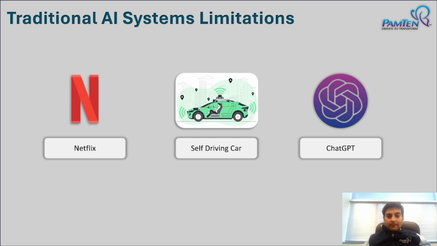So, we have Netflix. All of us watch a lot of movies and TV shows on Netflix. Now, let's say if you were with your friends, you wanted to watch maybe a sports documentary. Similarly, if you were with your wife or husband, you wanted to watch a rom-com. Our current Netflix's AI system will not be able to do so because it wasn't programmed for the same.